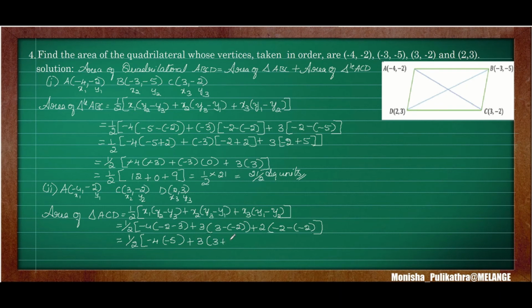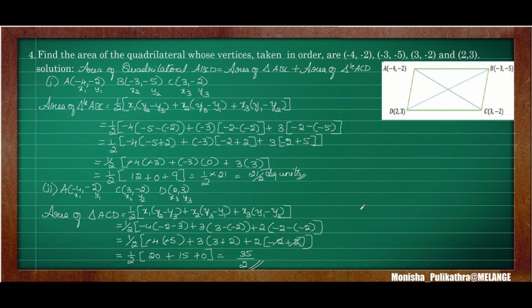So 3 minus into minus plus 2 and minus 2 minus into minus is plus 2. So here half into, here minus minus get cancels each other because it is multiplication. 4 5s are 20 plus 3 plus 2 is 5, 5 3s are 15. Here plus 2 minus 2 get cancels each other, so it will become 0. Any number multiplied by 0 is 0 itself. So 20 plus 15 is 35 divided by 2. So this is area of triangle ACD.